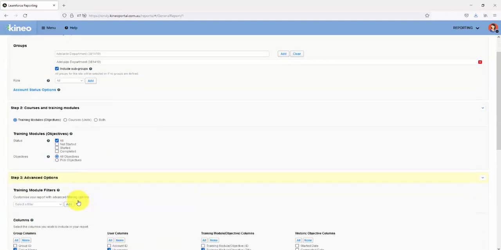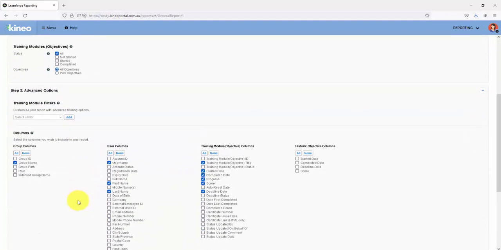The next step is step number 3, advanced options. Now this is where you can choose to include some extra filters to be included in your report. So the first will be the group columns here. You can choose to include the group ID or even the group name or path. What this would include in the report is showing you the group that is currently assigned next to each user